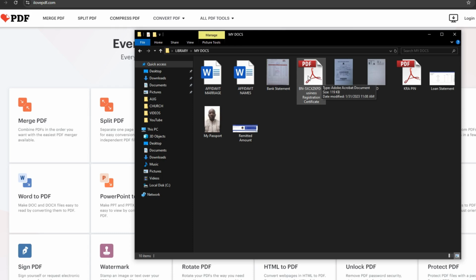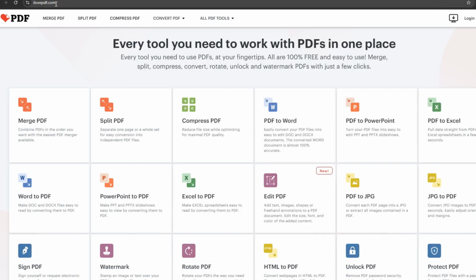Now I have these two PDF documents, this one and this one. I want to merge them so that they appear as one continuous document. I want them to be merged together. So for me to be able to do that, what I need to do is go to the I Love PDF website,